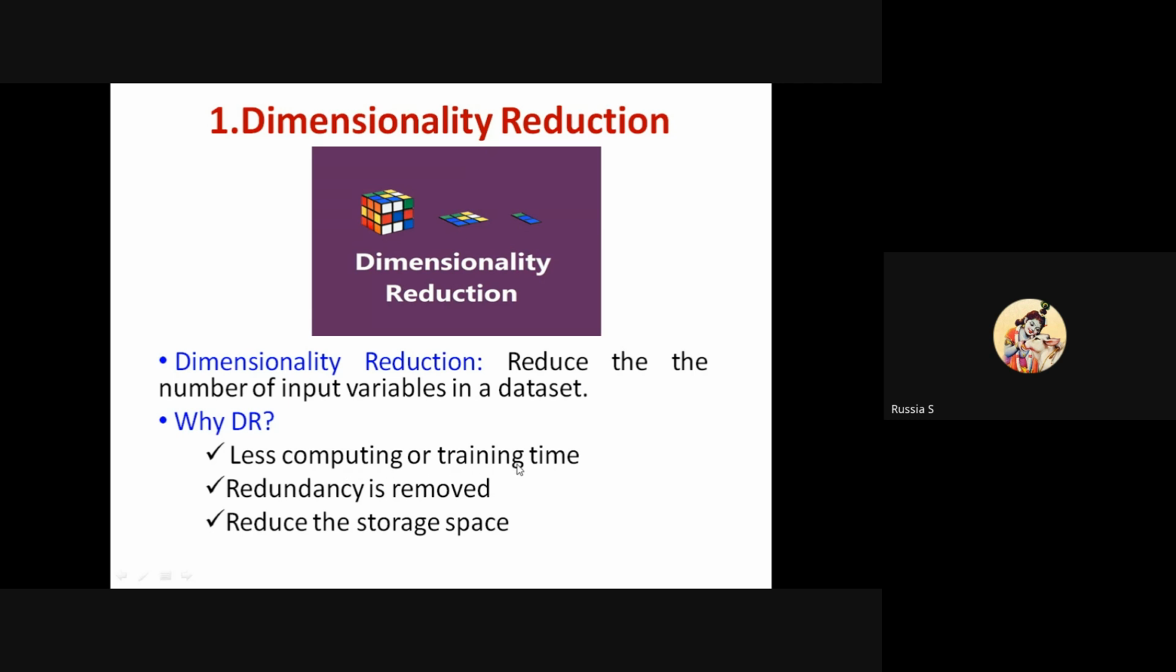If we have a large amount of data with many features, for example, a data set with 80 or 100 features, then using all the features, the computing time is more. So it is less computing and time. And then redundancy is removed. Suppose there is some redundant data, then by